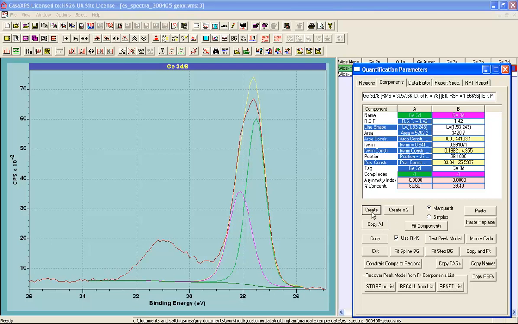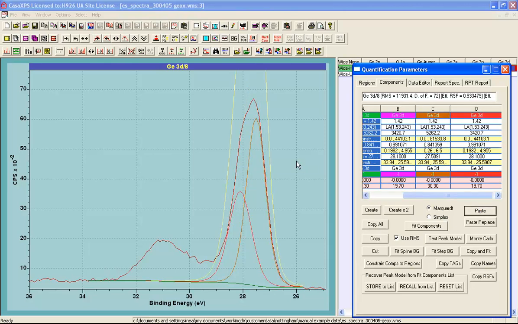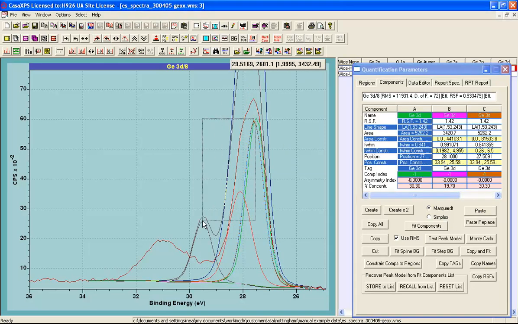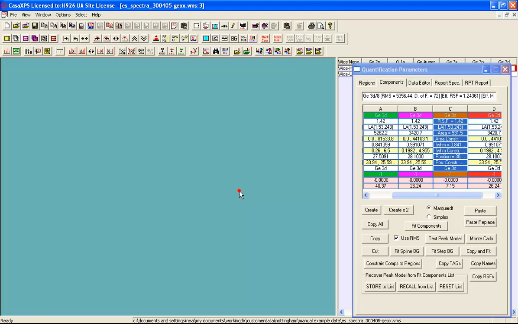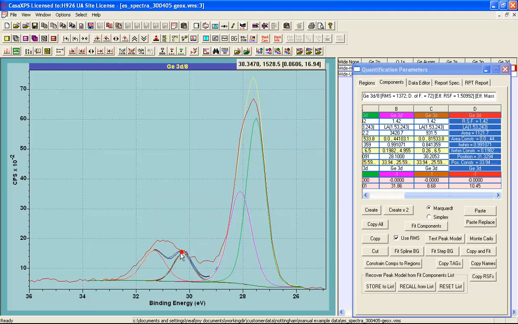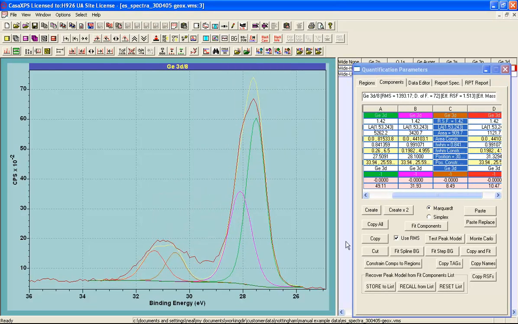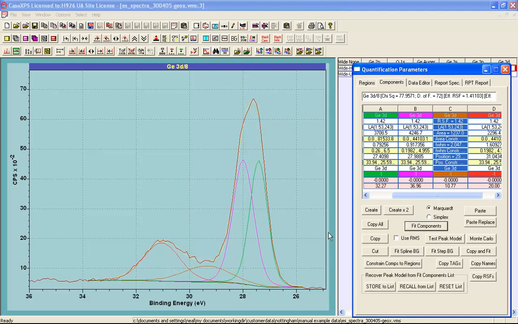I'm going to repeat this process. I'm going to do this actually by copying these 2 peaks, pasting, and then using the mouse to move the peaks into the position where I anticipate the oxide peaks to be. If I say fit, I end up with a peak fit that really does not reflect the physical meaning of these 4 peaks. I need to have the ratio of these peaks to be in the right proportions for a